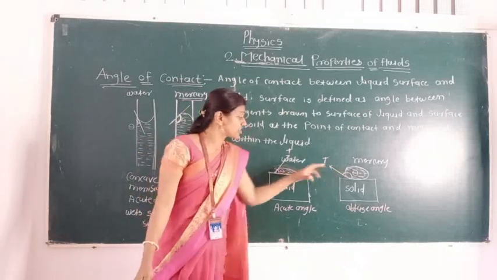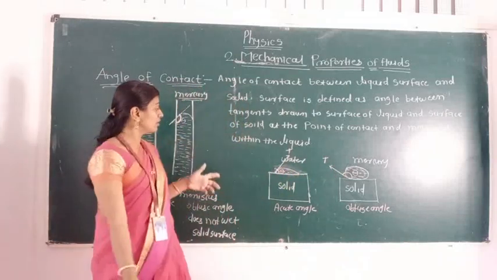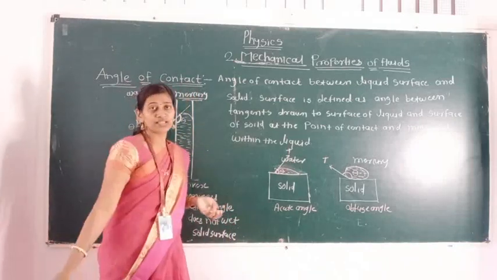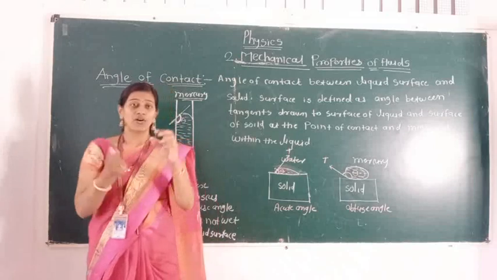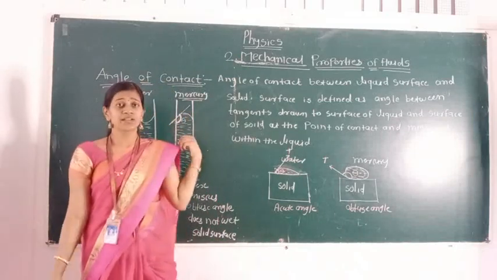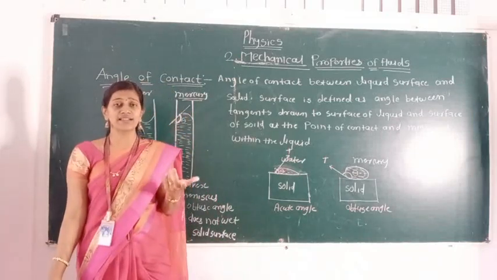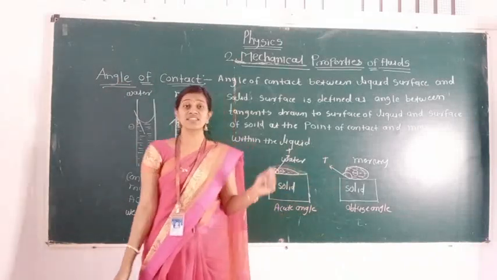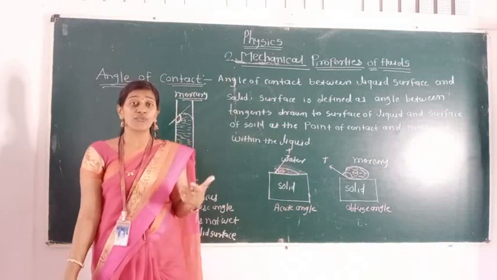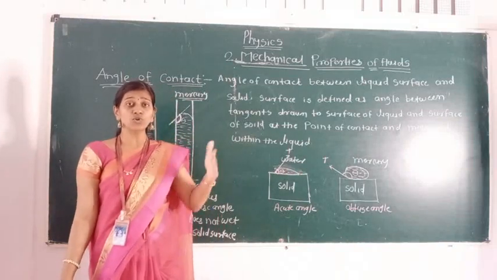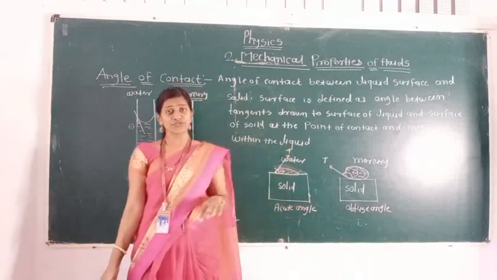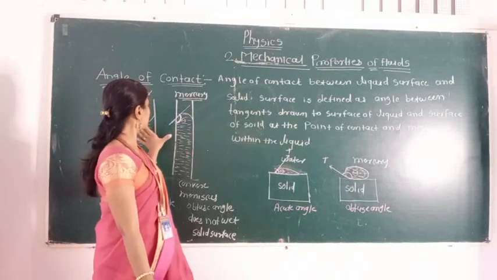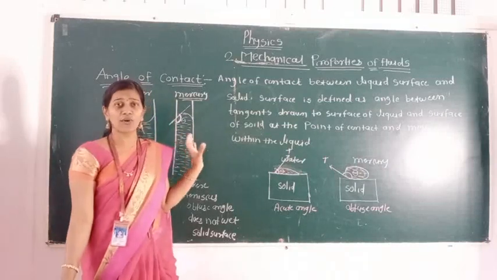So these shapes of meniscus are different because of the net effective force. We know whenever solid and liquid come in contact with each other, at that time two forces are present on that liquid. One is the adhesive force, and another is the cohesive force. The different shapes of meniscus occur due to the net force of the two forces, cohesive force and adhesive force. So in this way we completed these basic information related to the angle of contact.